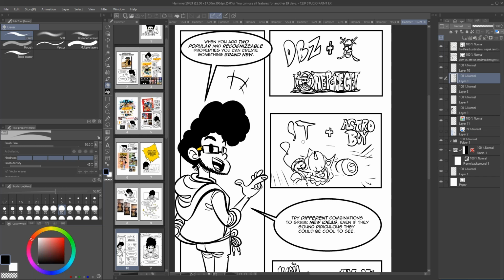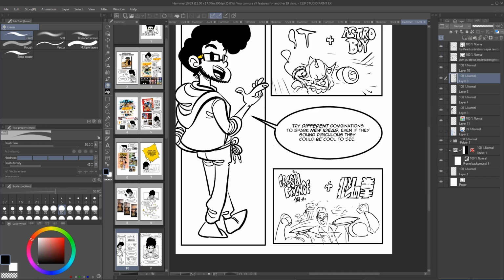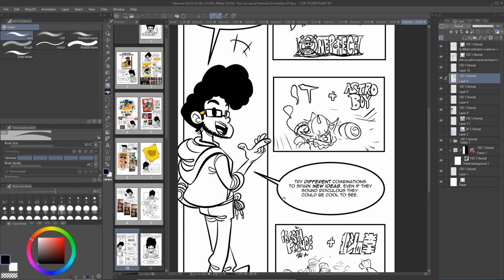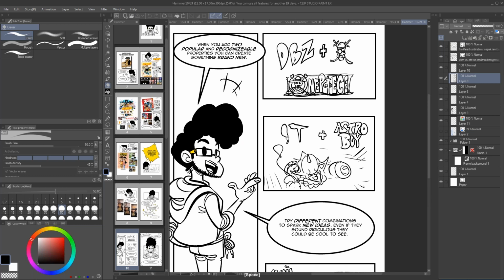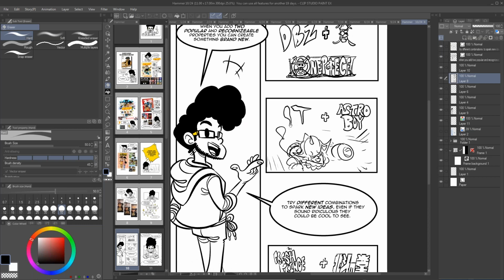Whenever you come up with that idea and you've come up with that entire pitch, now it's time to actually talk to whoever, and you have those two series in mind, so you can tell that to them, and then they have an idea of what the story is about. Whereas if you do it the opposite way and you create a story and now you have to create a pitch, you have to think really, really hard, what two popular recognizable properties are actually representing my story. And it's very difficult to go through all of that. It's a headache, and I'm just trying to help you avoid all of that right now.